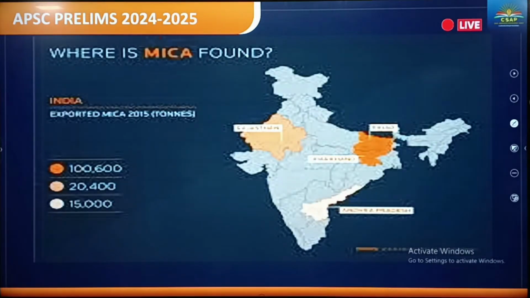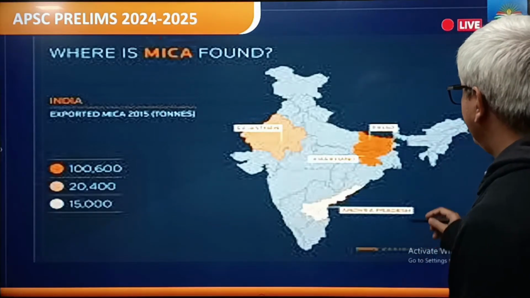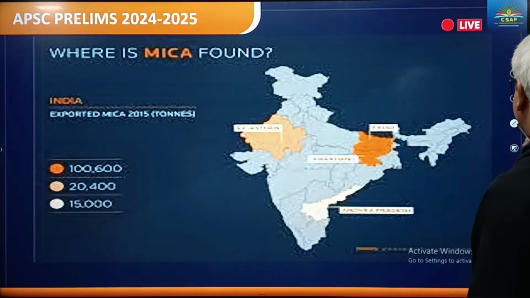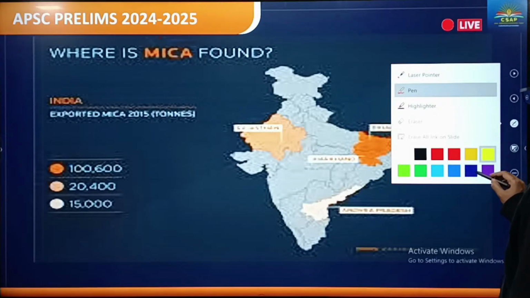So where is mica found? Again, mostly in this area, Jharkhand, Chhattisgarh region of